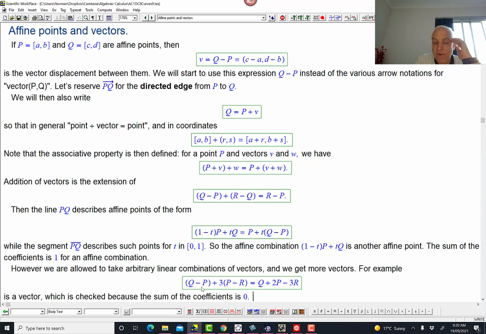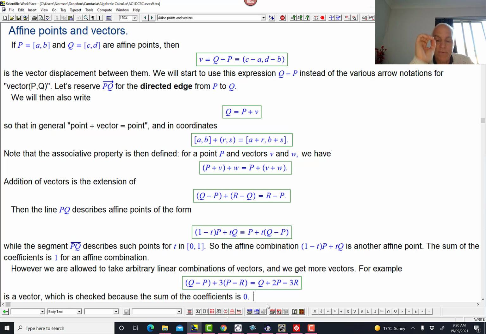Well, because the sum of the coefficients of this thing is 0. It's Q minus P. There's a plus 1, there's a minus 1. The sum is 0. Over here, the sum of the coefficients is 0. Plus 1, minus 1. If we multiply this by 3 and add them, it's not going to change the fact that the sum of the coefficients is 0, because we're just taking lots of zeros and combining them, maybe taking 0 plus 3 times 0. It's still 0. Okay? So this is the critical difference between points